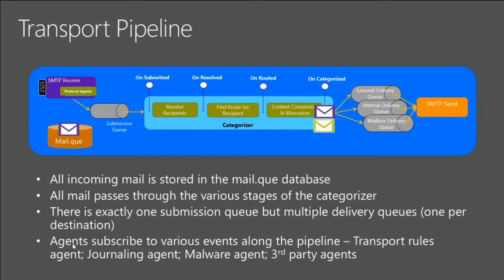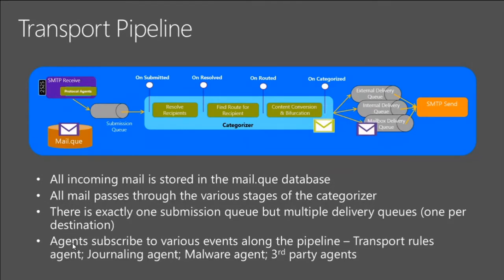Now, one thing to keep in mind is we only had one submission queue, but we have many delivery queues. Okay, these delivery queues, there's a delivery queue per destination. So if mail is going out to Yahoo, you will see a delivery queue for Yahoo. If it's going out to Gmail. If it's going out to mailboxes, you'll have different, depending on which database, because a mailbox can have multiple databases. Depending on which database it's going to, you will see a different delivery queue per database. So it's destination based. And so in this example, this piece of mail of mine,